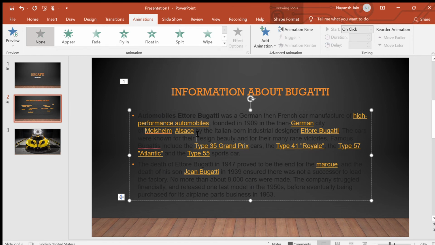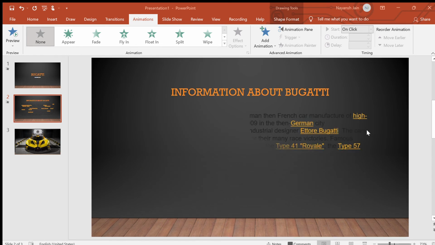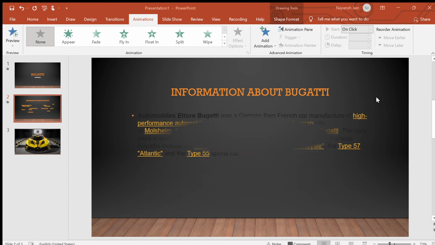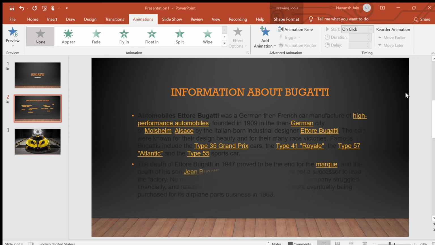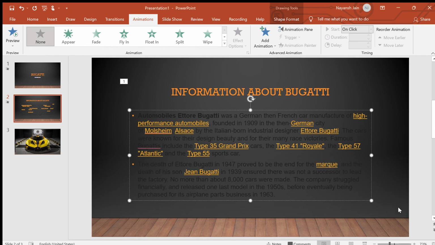Okay, I forgot to do something. Now I need to do it for the text also. So let's go to the arrow key and go to more entrance effects and bring it at the side, and let's check diamond. Yeah, it's looking nice. Wait a moment. Let's check random also, wheel. Oh, this one is looking nice. The circle. Okay, let's do diamond only. It's looking nice. So done, and now I need to press OK.